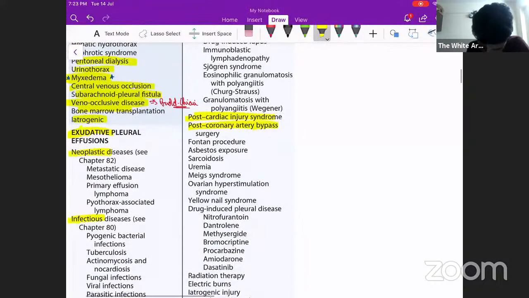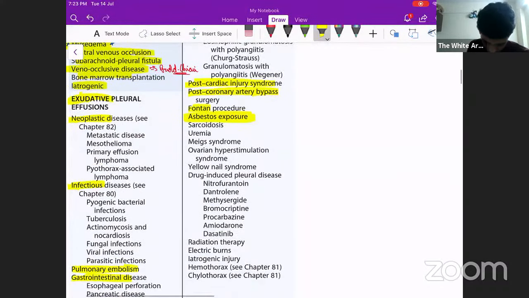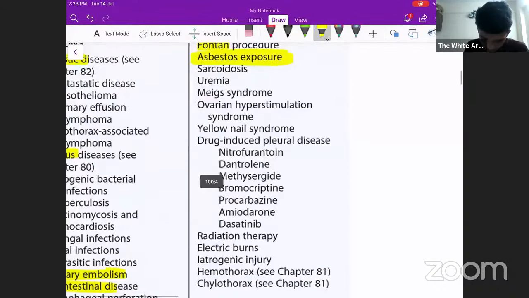Next, again, Fontan procedure. Very important is asbestos exposure. Even benign asbestos disease can result in pleural effusion. It might be asymptomatic as well, but what is important is to rule out mesothelioma in this case. Next, sarcoidosis, Meigs syndrome, OHSS, all these things, few rare diseases. Again, next, what is important to us is